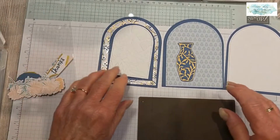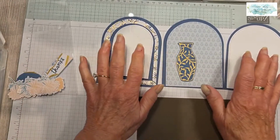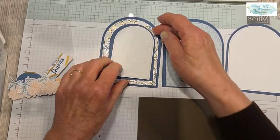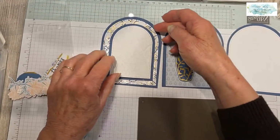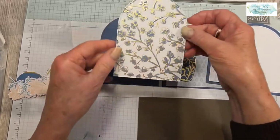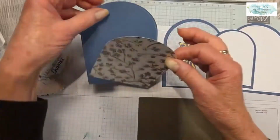All right, so what you basically do is you cut your arches, decide on your designer series paper, and then you do your stamping or your designing. Okay, so the front of my card, I pretty well know what I want. Look at this paper, isn't it just stunning? So I'm going to glue this